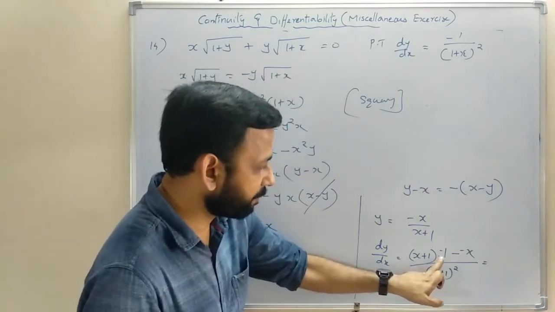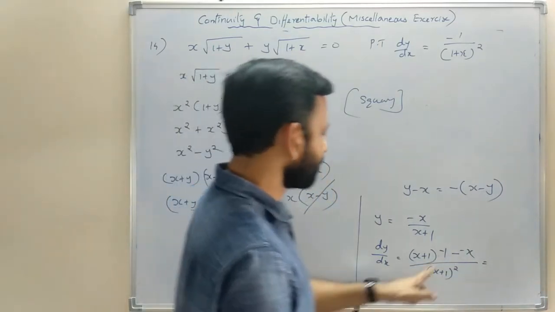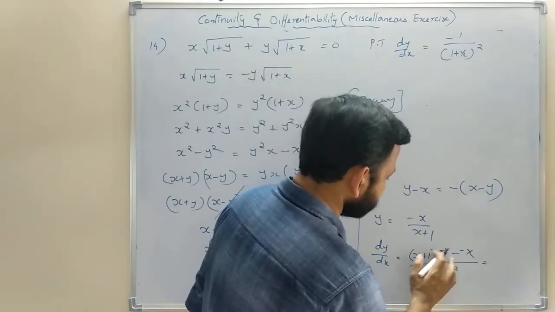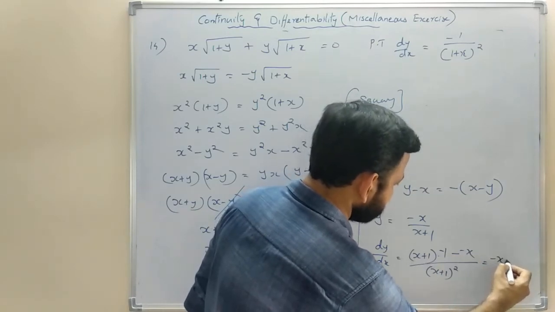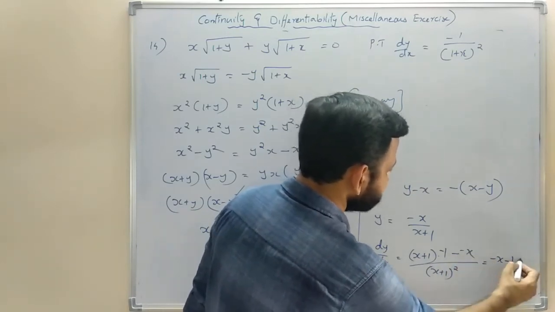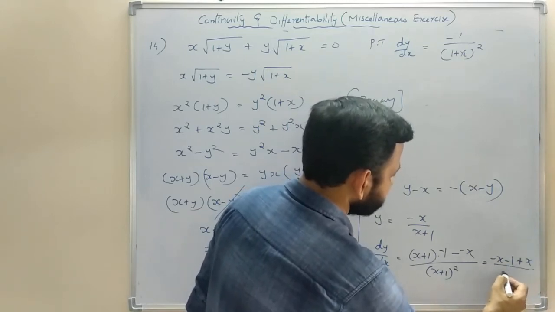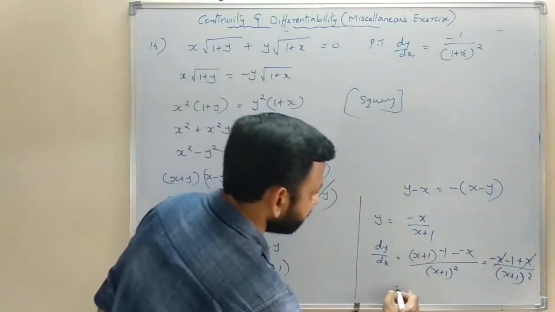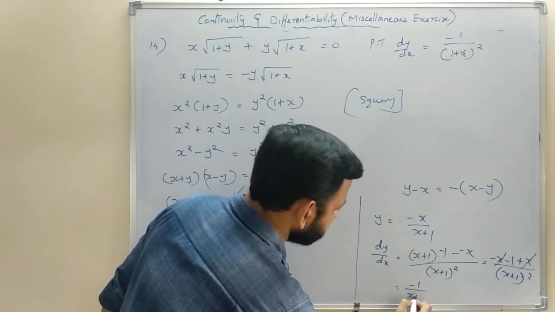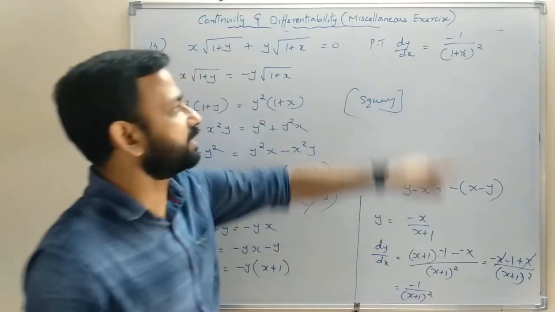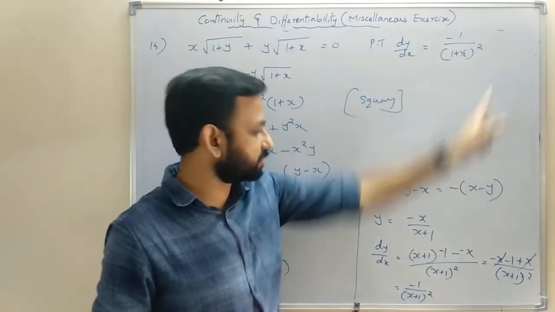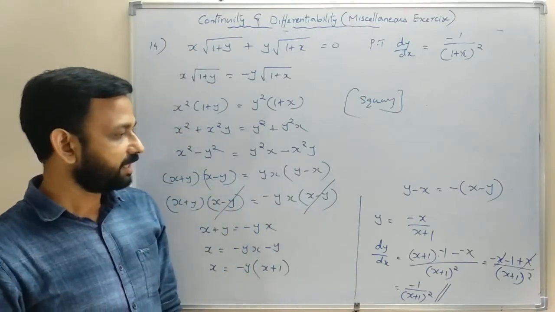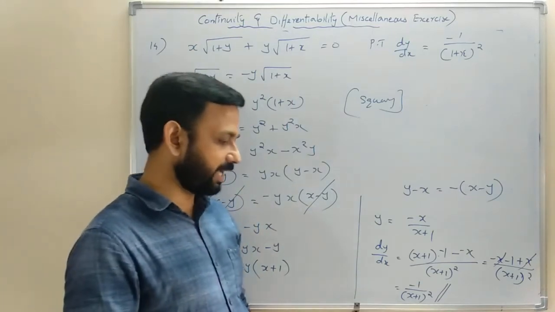That is equal to, open the bracket, when we multiply by minus 1, minus 1 into x, that is minus x, then minus 1 into minus 1, that is minus 1, minus x minus 1, then minus into minus plus x, divided by x plus 1 whole square. So plus x and minus x cancel now. So we got minus 1 upon x plus 1 whole square. So that is dy by dx. So we got the expression dy by dx is equal to minus 1 upon x plus 1 whole square.